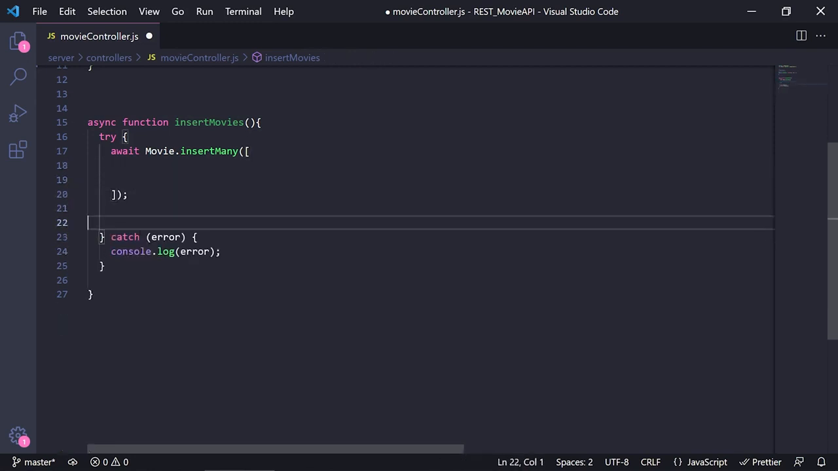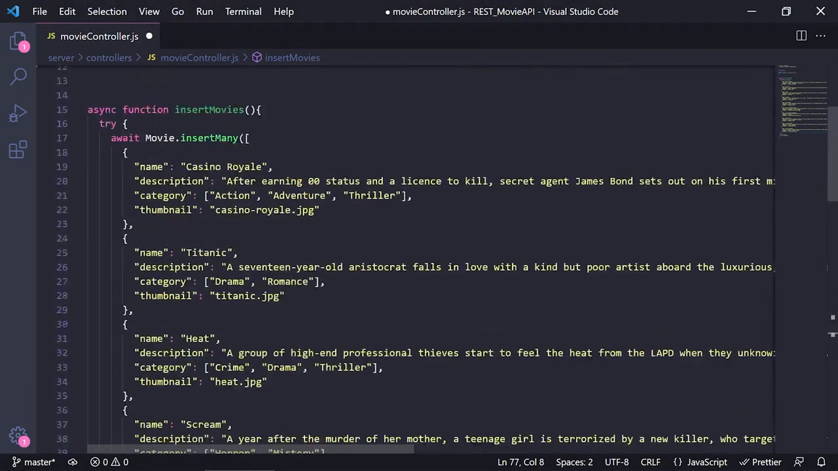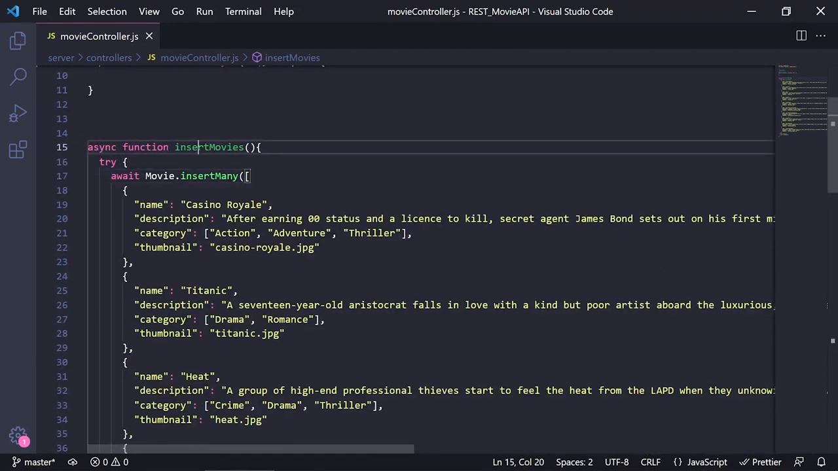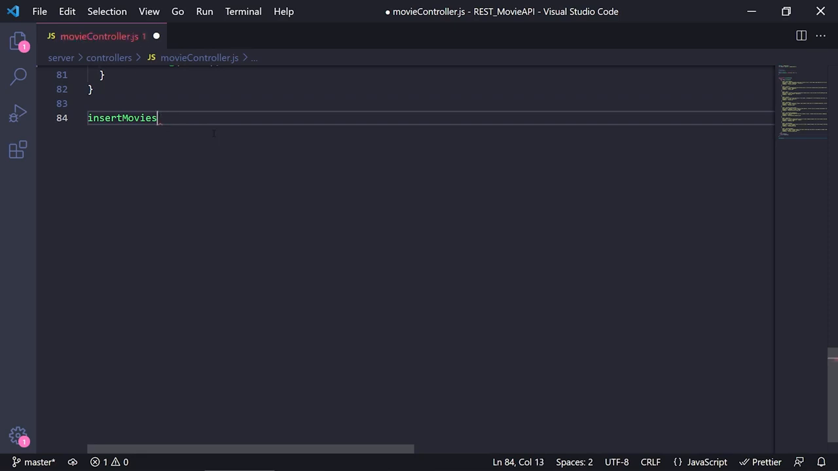I've already made the list, so I'm going to copy and paste it. And I'm actually going to comment it for you so you can have it as well if you wish to copy it. So I'm going to paste it here. As you can see, we have a couple of movies. That's all good. And the last thing that we need to do is run this function. So if I put it here at the bottom, insertMovies, we run the function. If we save this,